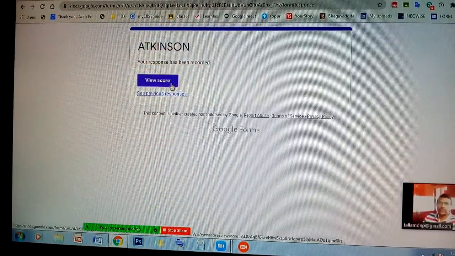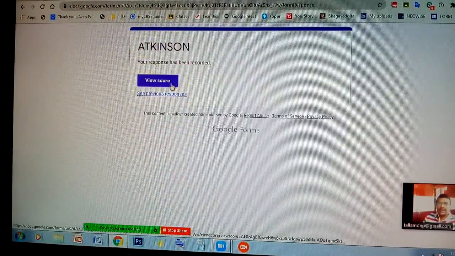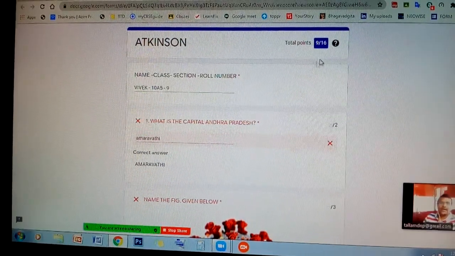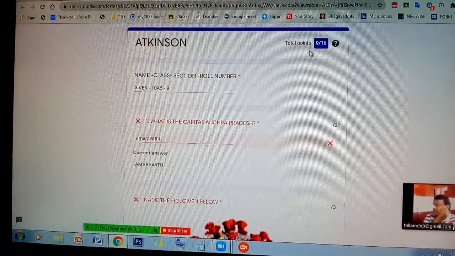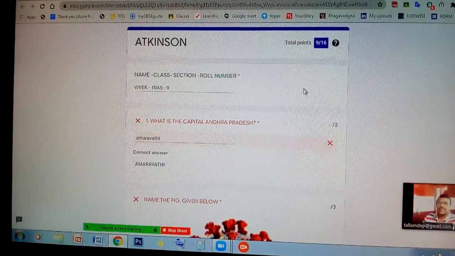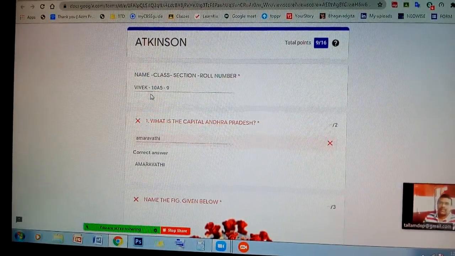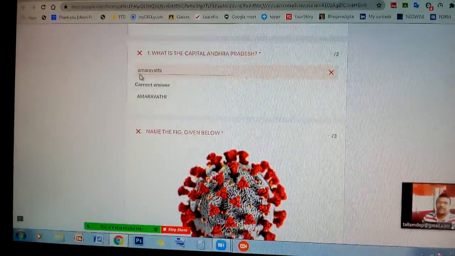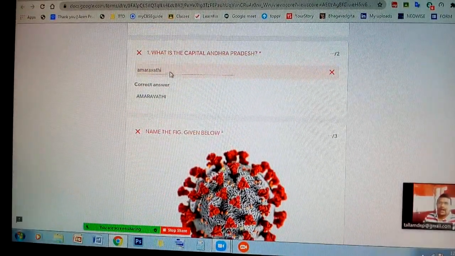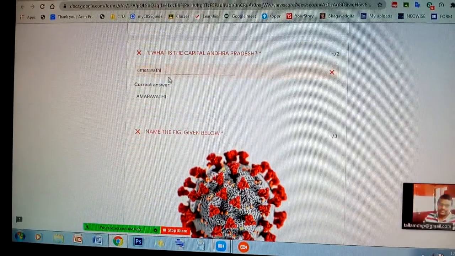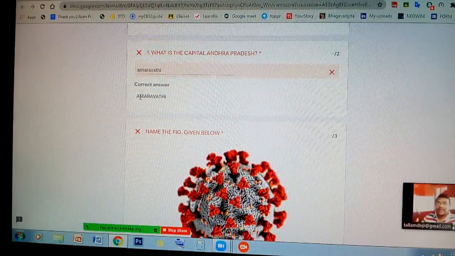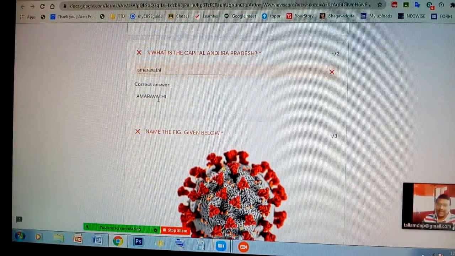Here, view score. As the student clicks this one, they can see the result also in a fraction of a second. Here I scored 9 out of 16. You see, Vivek, 10 A5, roll number 9 is the student's information. First question, I gave the answer Amaravati, but here we fed the answer in capitals.